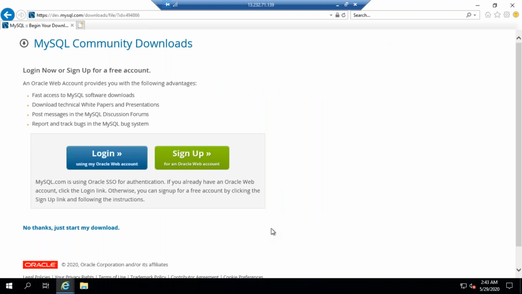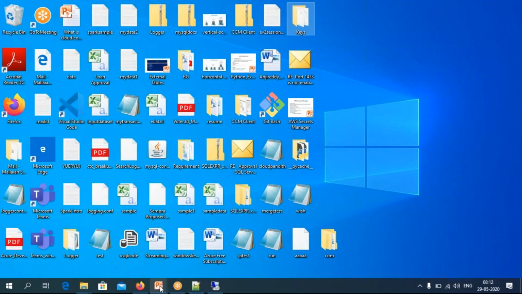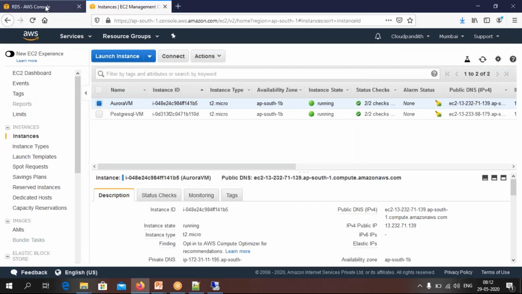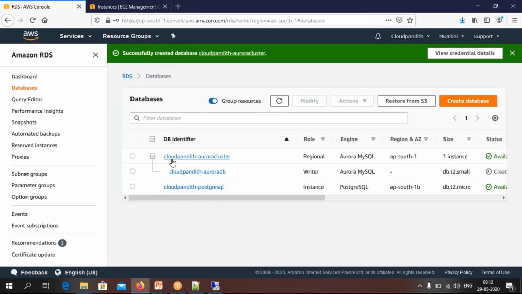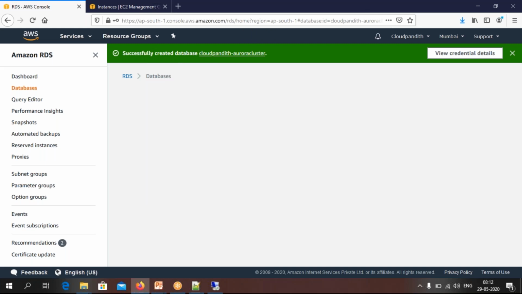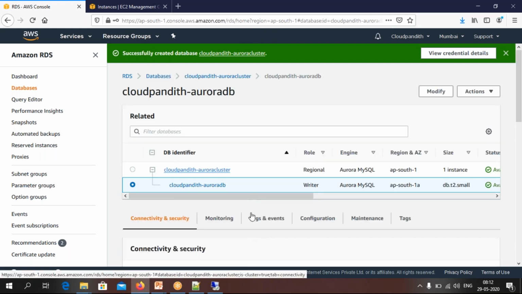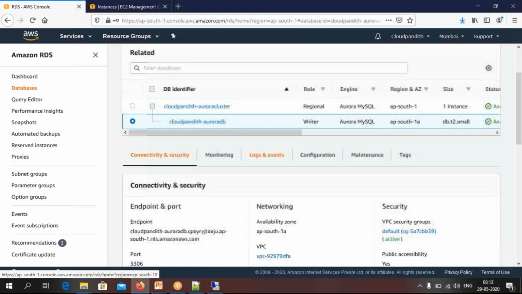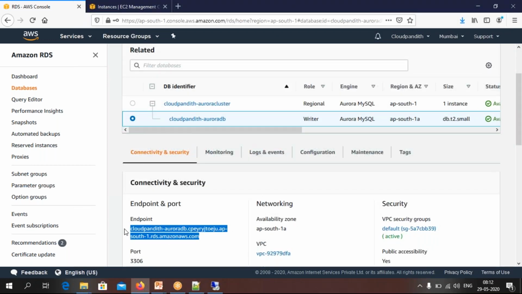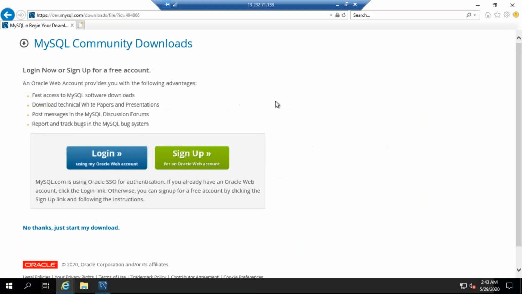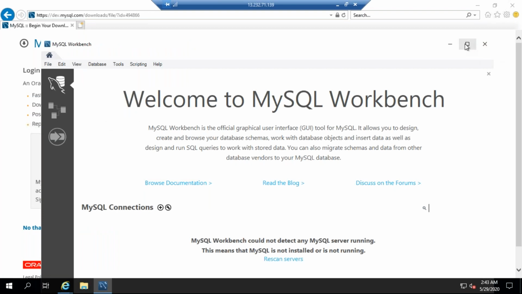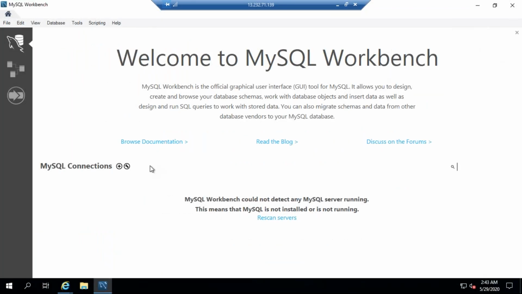That is finished. Now what you need to do is go to this particular RDS instance. You need to connect. If you want to write, just click on this. Come down to DB. You can see this is the URL. Take this URL, come here inside. Now MySQL Workbench is installed. It will open like this once it is installed.